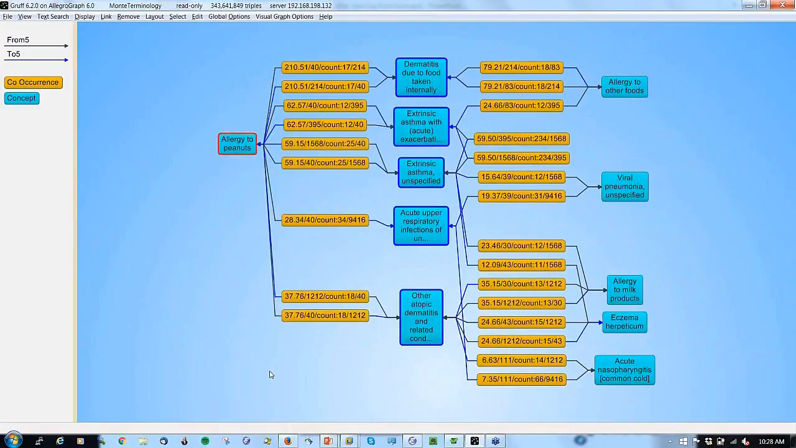And what we saw is we get new symptoms, only 5, and they're still related. It's allergy again, viral pneumonia, close to asthma, allergy to milk products, eczema, which is another type of dermatitis, and then the common cold. And if I do it one more time, and I will do this, oh, 1 second,